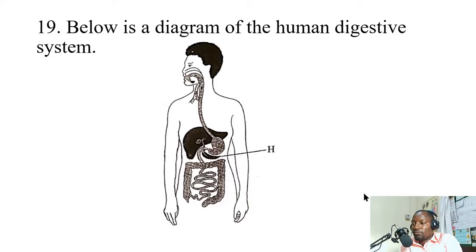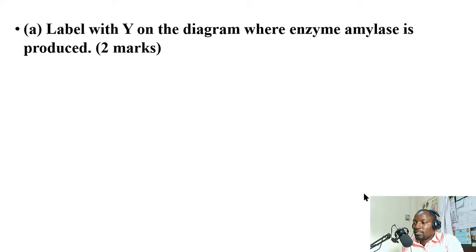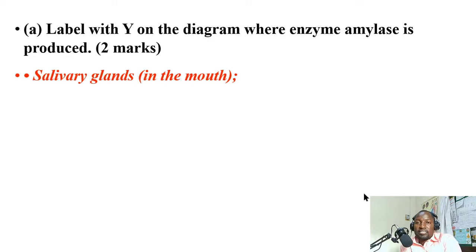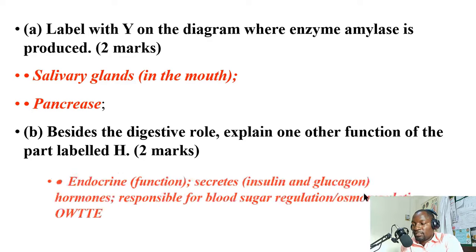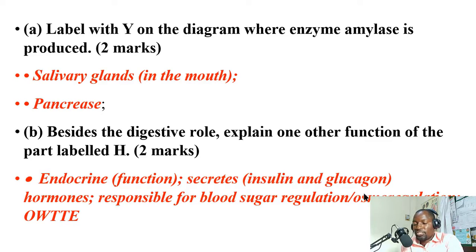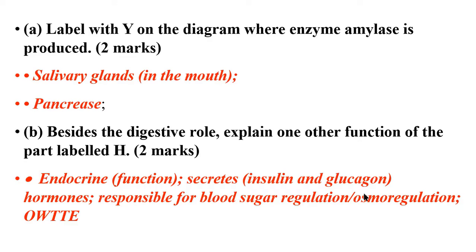So below is a diagram of the human digestive system. Label with Y on the diagram where enzyme amylase is produced. So you're supposed to label the salivary glands in the mouth and also the pancreas. Beside the digestive role, explain one other function of the part labelled H. Actually the part labelled H has an endocrine function. It secretes insulin and glucagon, the hormones responsible for blood sugar regulation